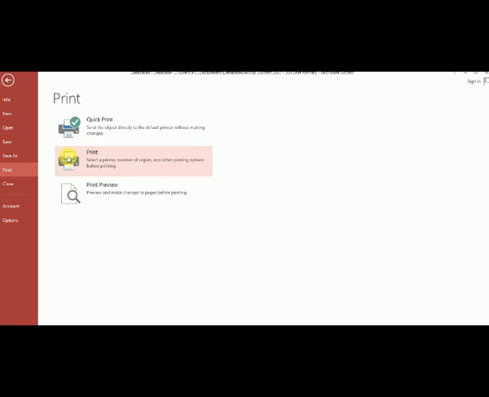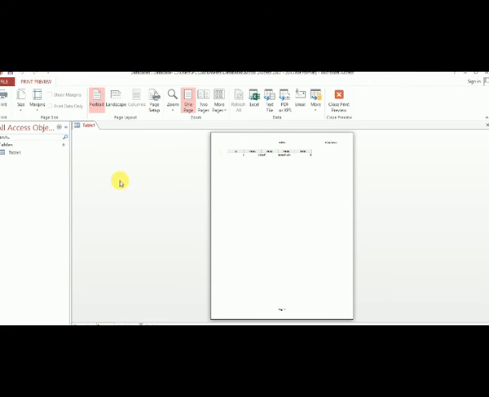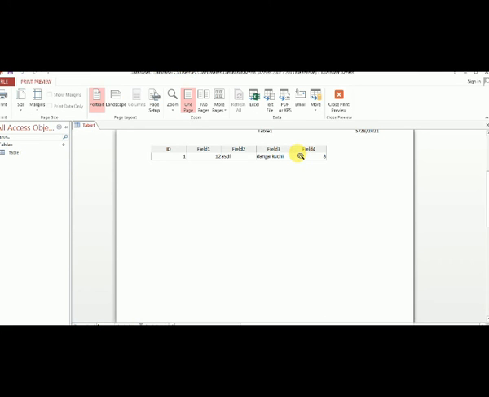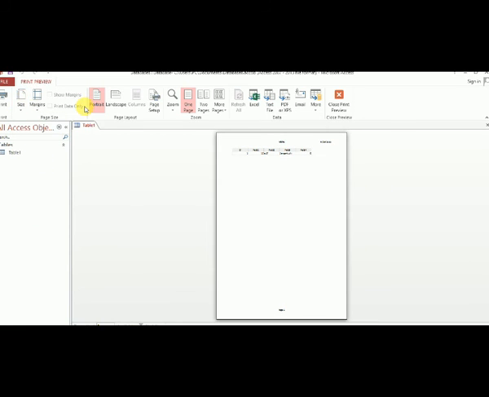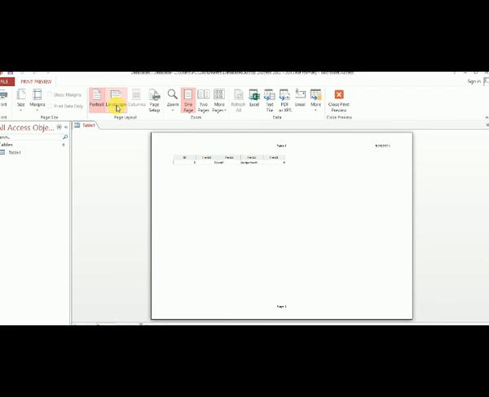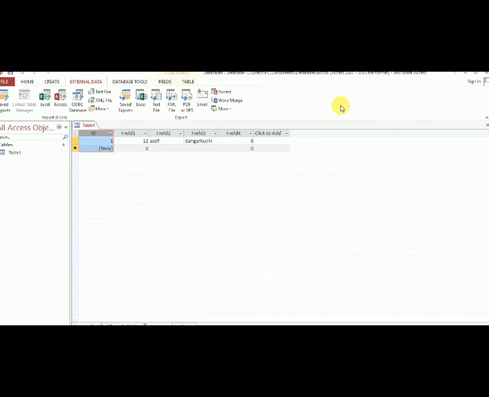Suppose I want to use Print Preview. Select A4 size pages, landscape, suppose. One page. Then close Print Preview.